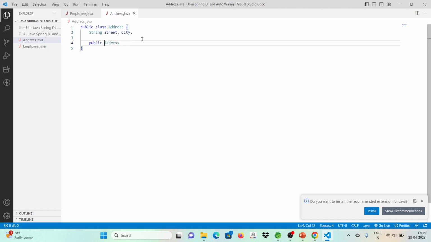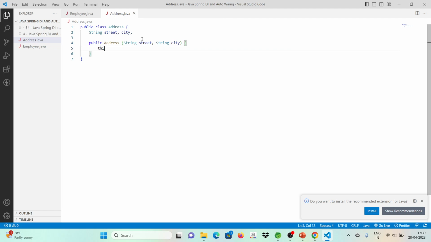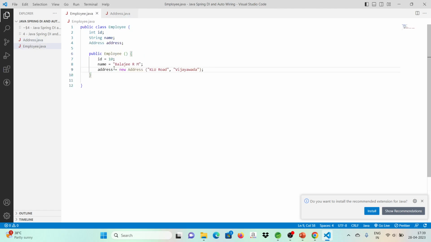It's a constructor. Here I can retrieve two values. I can just say this dot street equal to the local variable street, this dot city equal to the local variable city. Now the constructor is ready in the address class, and when you go to the employee class